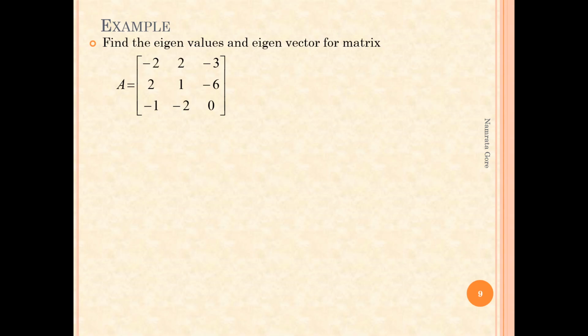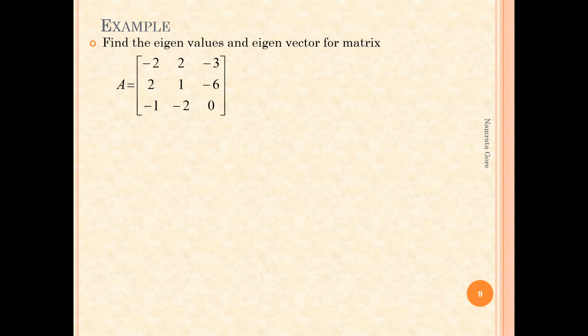Let us now go for another example where I have considered a 3 by 3 matrix, and again for this matrix we are going to find the eigenvalues and corresponding eigenvectors. So think for a while, how many eigenvalues would you get for this particular matrix? Yes, as the order of the matrix is 3, you will get 3 eigenvalues here.